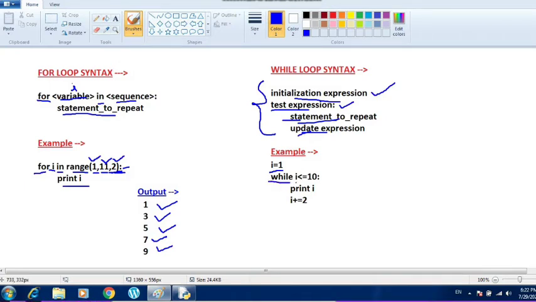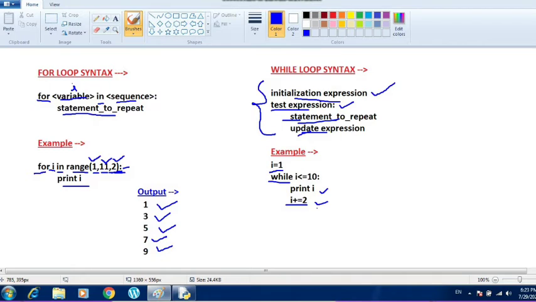There is no upper limit which is excluded in a while loop. So that is the reason I have only written i <= 10, because I need to print the odd numbers between 1 to 10. Then I have written print(i), and then the step value, the update expression, to update the value by 2 every time the loop executes successfully. Now let us see how it got executed.